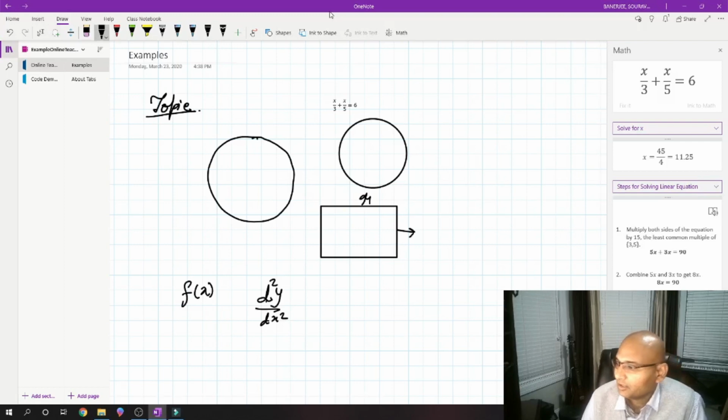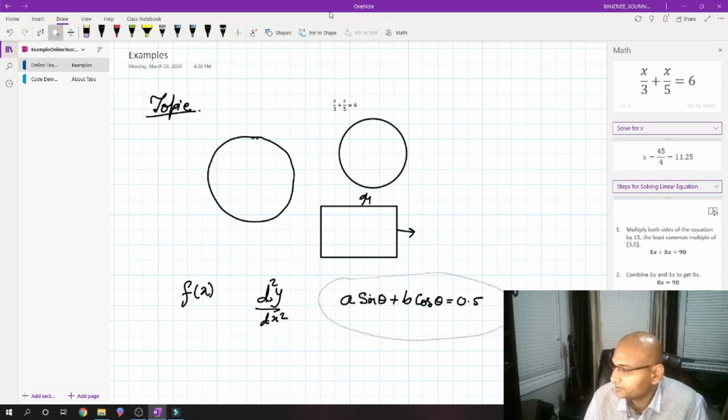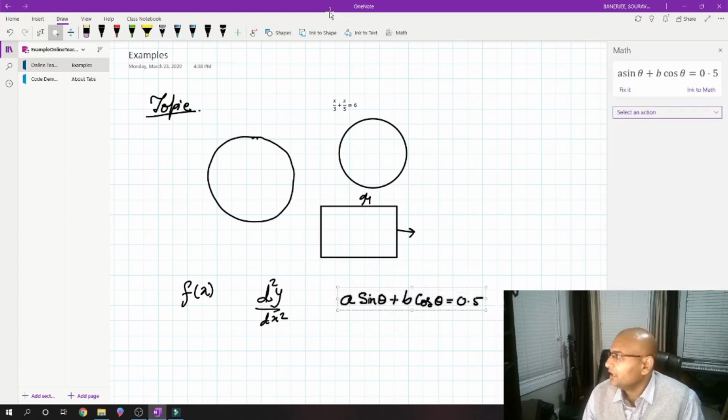Let's see, I will write one equation: a sin theta + b cos theta = 0.5. Let's say this is the equation. Hopefully I wrote it correctly. Let's see if it can detect it. I would like to go to the math, and yes, it has detected this equation,